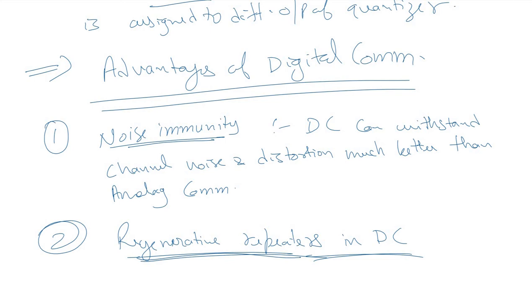In an analog communication system, when a message signal propagates, it becomes progressively weaker as it travels along the channel, whereas the cumulative channel noise and the signal distortion grow progressively stronger, right? And that will distort the received signal significantly. So consequently, the distance over which an analog signal can be transmitted is limited by the initial transmission power. The initial transmission power has to be very high so that the signal can be transmitted over a longer distance. So this is a constraint in analog communication.